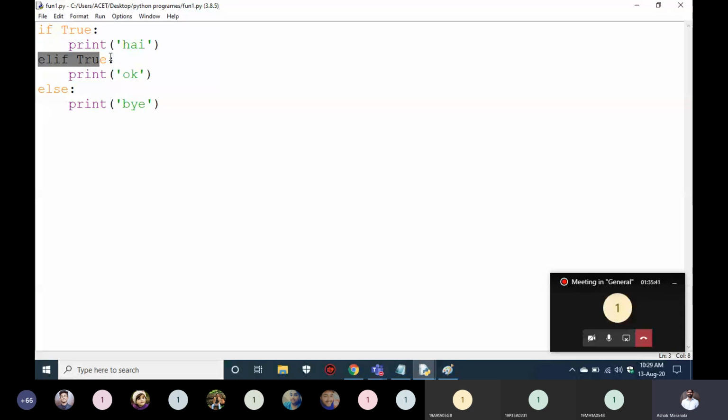For example, if I take both as false, now the if and the elif are all false, so now you will get bye. Right, we are getting bye as an output, right? If this is true,